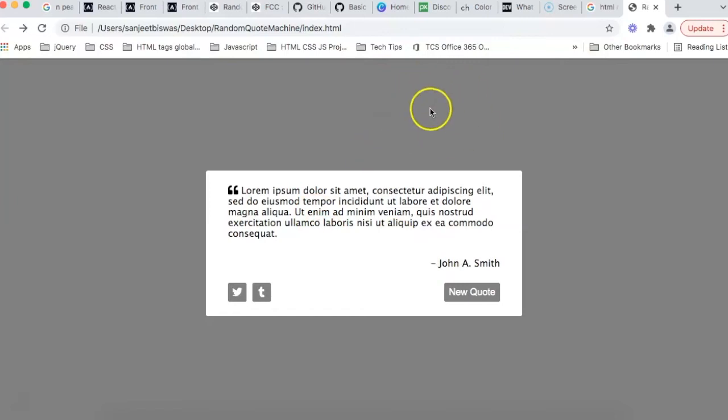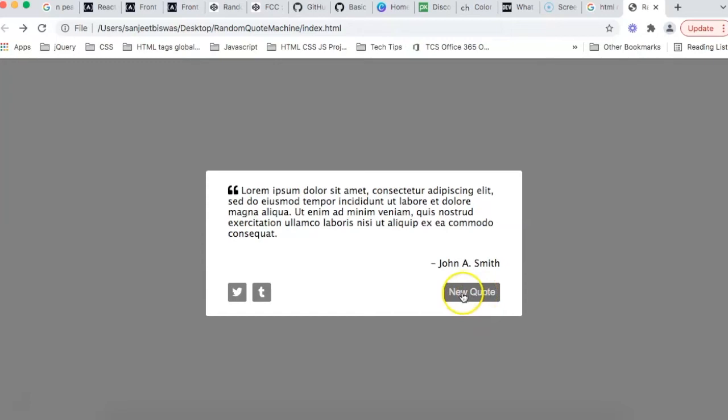And those 6 elements once again are this background right here, the color of the opening quote, the color of the text for the author's name, and the background color of all these 3 buttons. So actually there's like 7 elements whose color I would like to change. Again, this is not specified in the requirement. I'll just do it to make our app a little more interesting. So those are the things that I will be changing the colors of every time the new quote button is